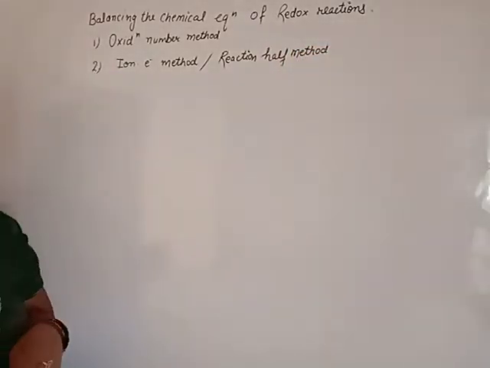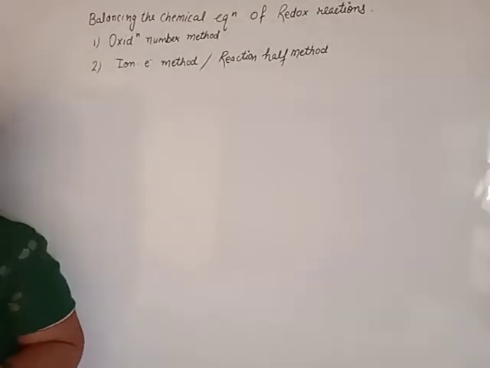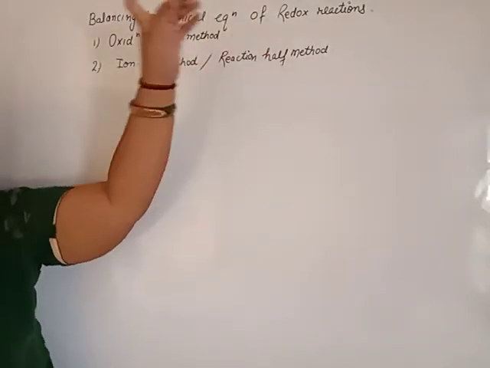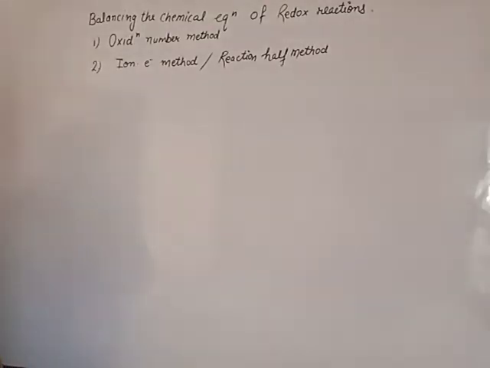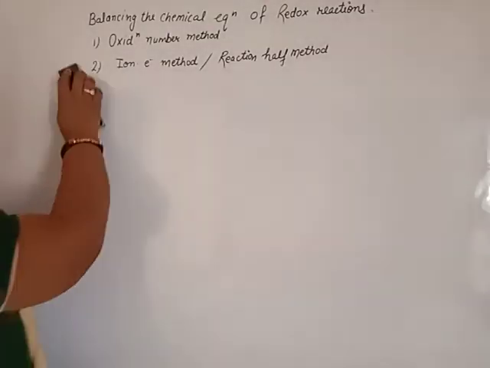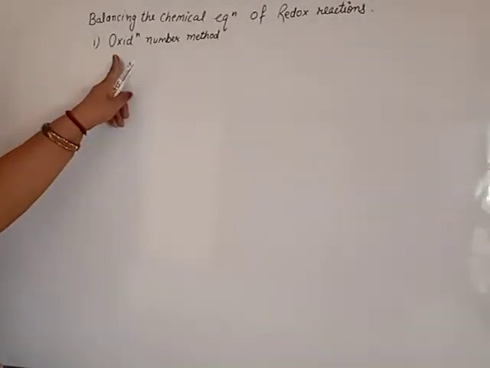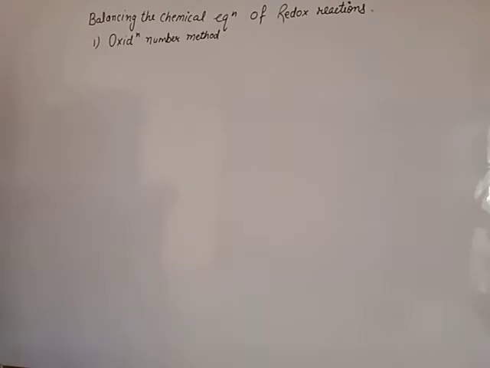Both the methods to balance the chemical equation of redox reaction are so much easy, but some rules for the balancing are available here in both the cases separately. You must understand these rules and remember these rules in your mind during the balancing of redox reaction. Today we will discuss rules for balancing the redox reactions by oxidation number method.